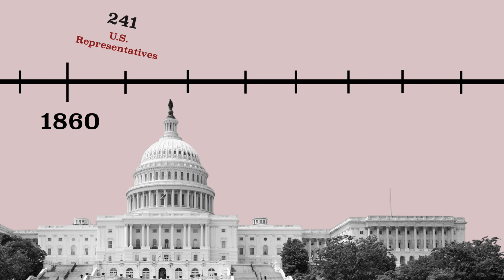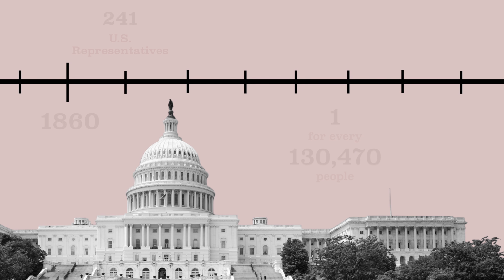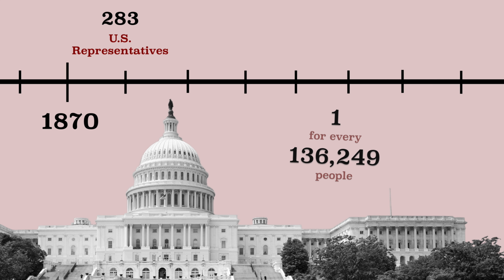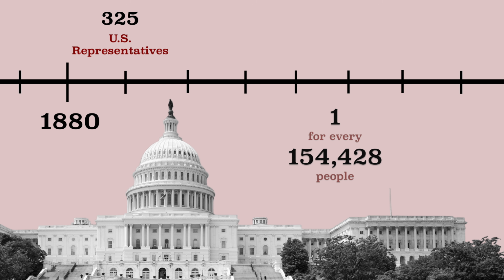Anyway, after the 1850 census, Congress began increasing the size of the House of Representatives, yet again, now using a mathematical formula known as the Hamilton-Vinton method. After the 1860 census, its membership rose to 241. Still though, that left a ratio of one representative for every 130,470 constituents. After the 1870 census, its membership rose to 283, or one representative for every 136,249 constituents. After the 1880 census, its membership rose to 325, or one representative for every